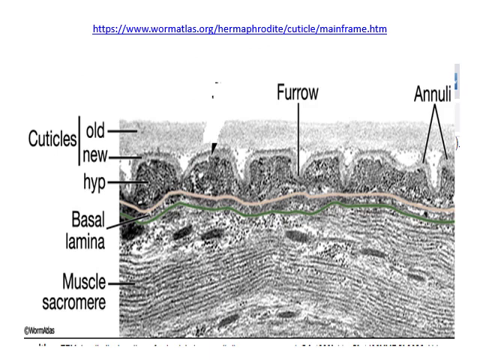Here is the molting process in which you can see more clearly the structure of the cuticle that contains the furrows or annuli having depressions or projections. Then there is the older cuticle above, the top layer is the old cuticle and the new cuticle is forming, and the old cuticle will shed off. Then hypodermis is there, basal lamina, muscular cells or muscle, sarcolemma.